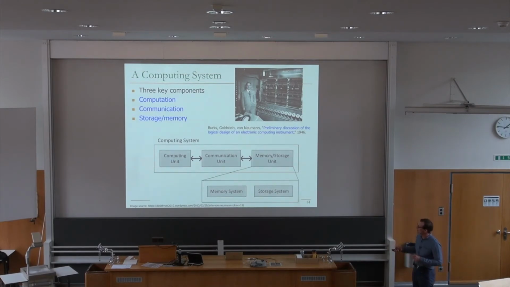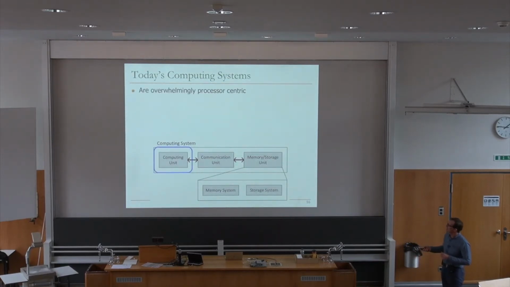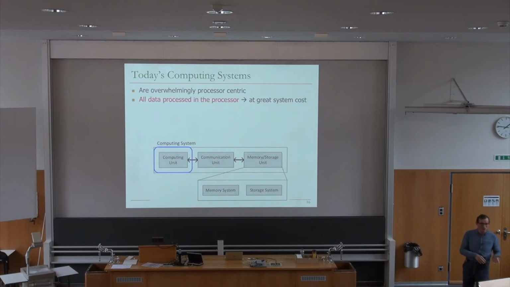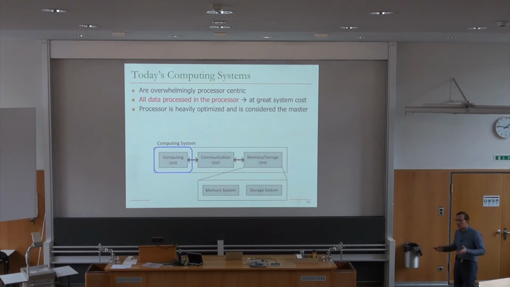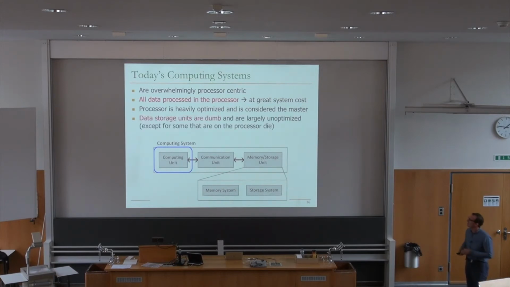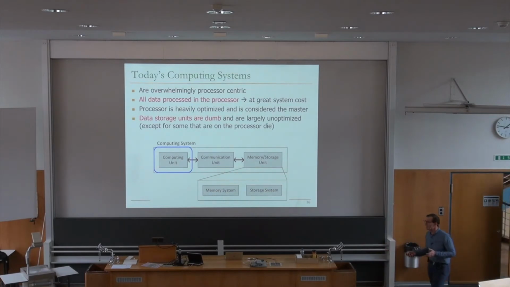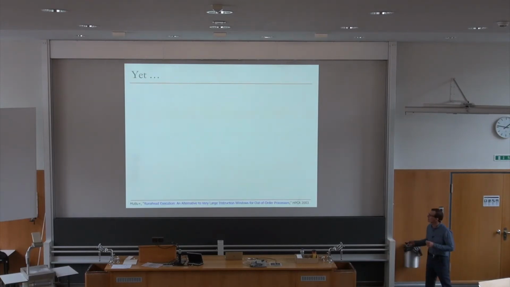If you look at this computing system, we optimized this part of it a lot. In today's computing systems, we're very overwhelmingly processor-centric. And I'm going to talk about the processor here, but it's really also about accelerators, right? Today, we put not only general-purpose compute units over there, but a lot of accelerators as well. It's still part of the computing unit. All data is processed in the processor or the accelerators, and this comes at great system cost. Basically, we optimize this very heavily, and it's considered the master. It's obvious, right? This master says read, write, and they get what they want. And the data storage units are dumb, and they're largely unoptimized as a result of this design choice, except for some that are on the processor die. The processor die hosts caches, for example, and caches are very heavily optimized today. Less optimized than the processors, but very heavily optimized compared to the other memory, storage and communication units over here. Yet,